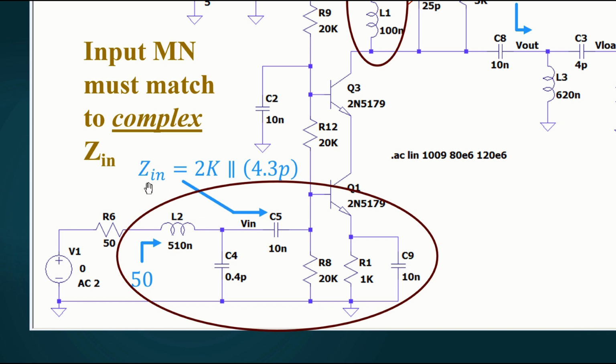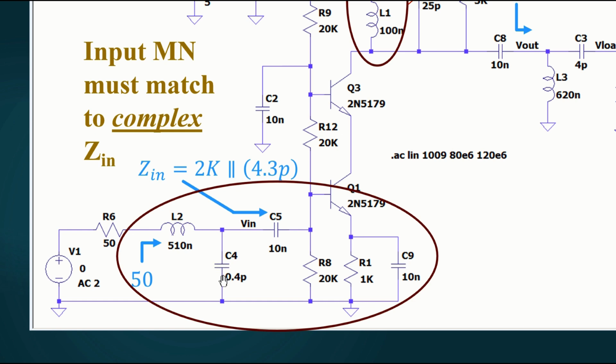Here's what we have. The input impedance is 2K in parallel with 4.3 picofarads. What if I ignore the 4.3 picofarads for a second and just design a matching network to go from 50 ohms up to 2K ohms? If I do that, then I come up with something like this, except that the capacitor value needed is about